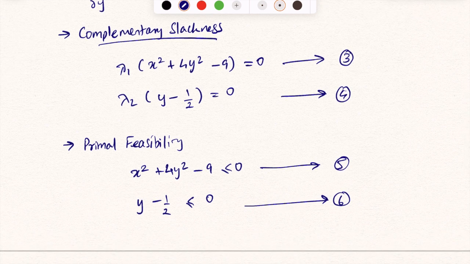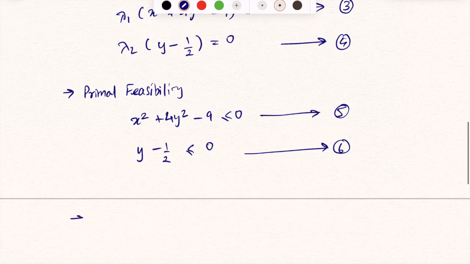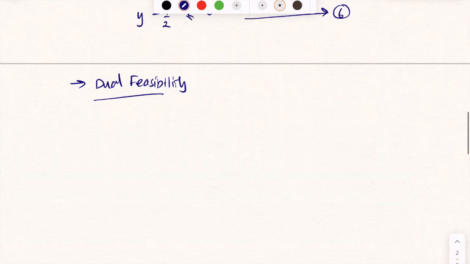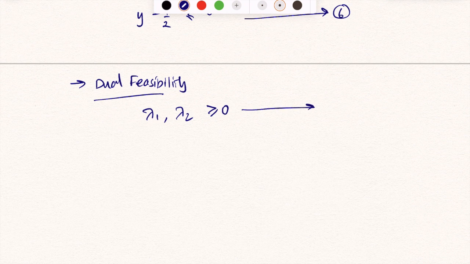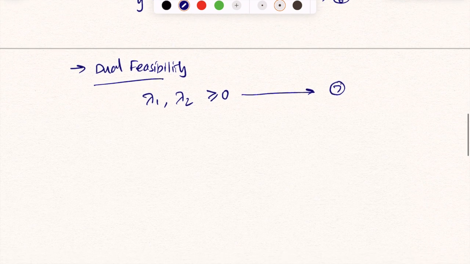And then the last one is dual feasibility, which simply states that your lambda 1 and lambda 2 are active, that is, they're both greater than or equal to 0. That lambda 1, comma lambda 2 are greater than or equal to 0. That's your equation 7. So now that we've defined these 4 KKT conditions as mathematical equations, 4 possibilities arise because